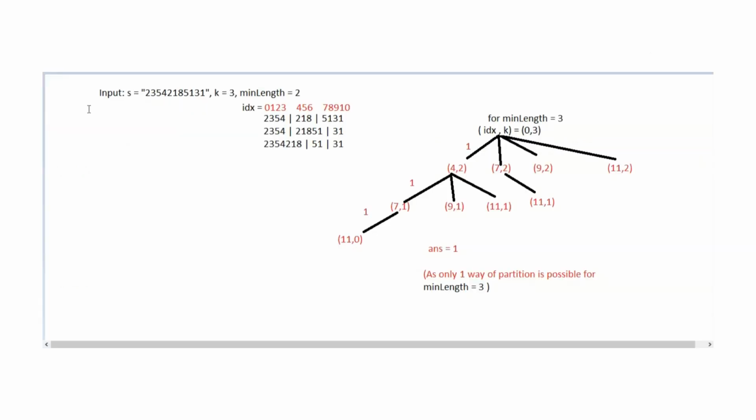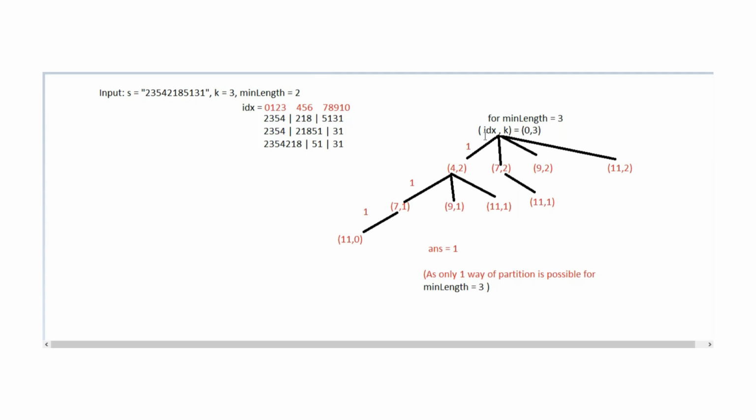So here we have taken the string that is given in the first test case only. s is the same, of length 11, with k value as 3 and min length as 2, and we know that for this the answer is 3. This is the reason why we have changed the min length to 3, and we'll iterate on all these things and check how its tree-like structure is formed and how we can apply the most appropriate approach to solve this problem.